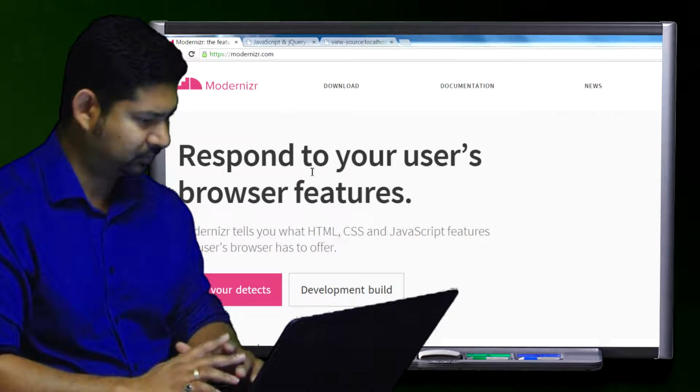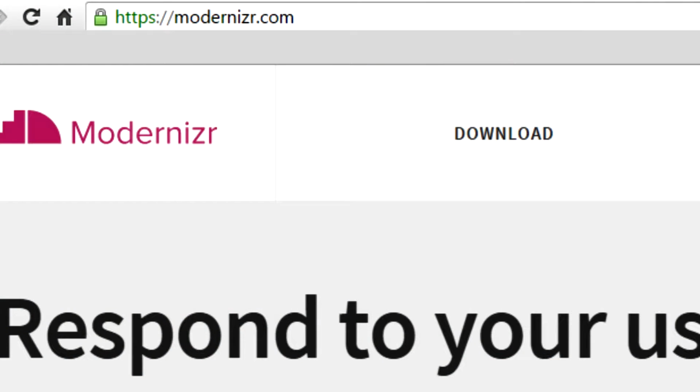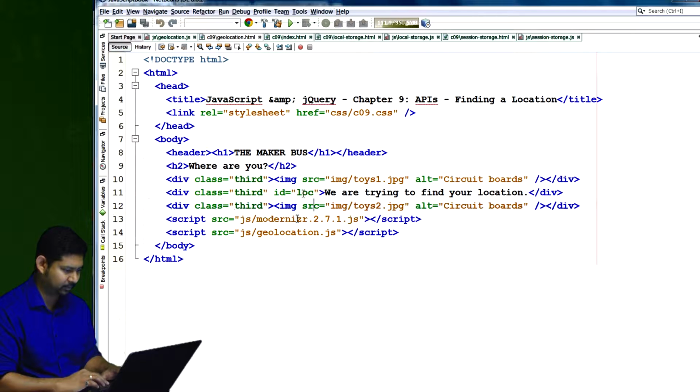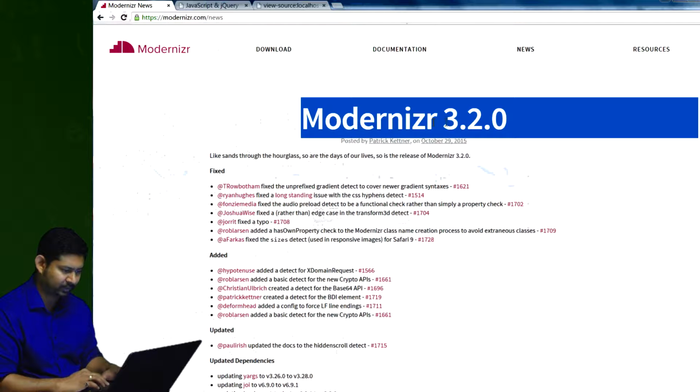So our examples used Modernizr. If you go to the Modernizr website, modernizr.com, you can see what it looks like and what Modernizr has to offer. Their website says respond to your user's browser features, and tells you what HTML, CSS, and JavaScript features the user's browser has to offer. The examples in our book used Modernizr version 2.71, but the latest version is version